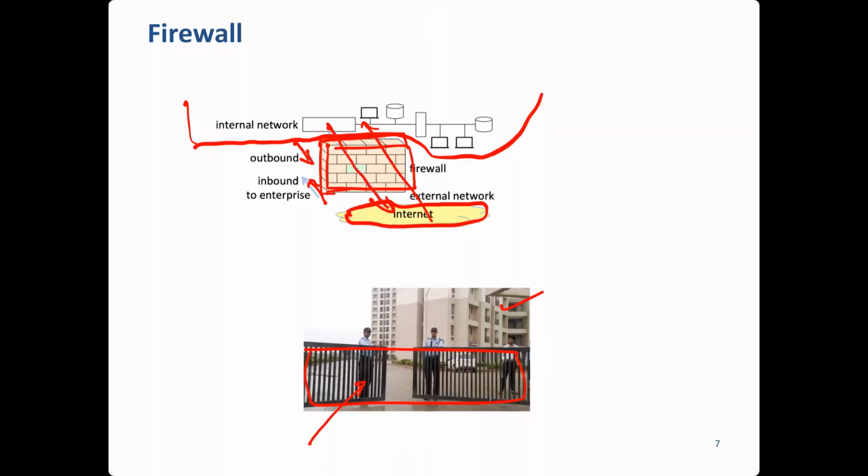You may be a guest to this apartment complex, then they will call that particular apartment and get confirmation and then allow. Nowadays we have many apps like MyGate, etc., and there may be traffic when you go out of that campus, like from the inside network going out.